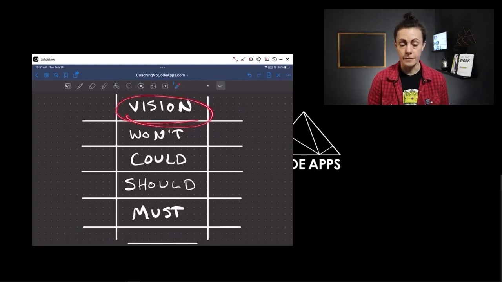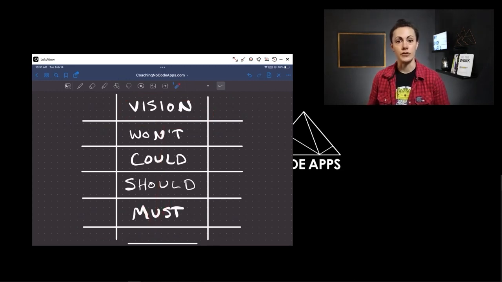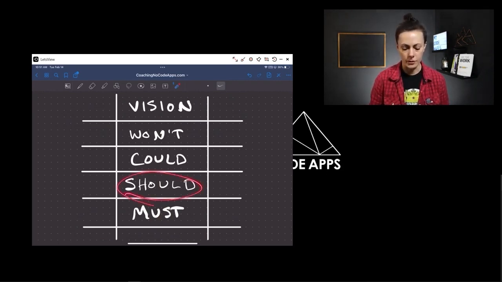Now, you have to focus on the impact with your users because obviously you need to be solving a problem and making a change within your market. But you also have to focus on what your own personal goals are and what your needs are, because both are important to keep you building, growing, and improving your app and business over the long run. When you have that vision defined, that's important because it is going to inform everything else you do. It's going to be the decider for what the must-have features are that should be included in your app, as well as those should, could, and won't have for now features.